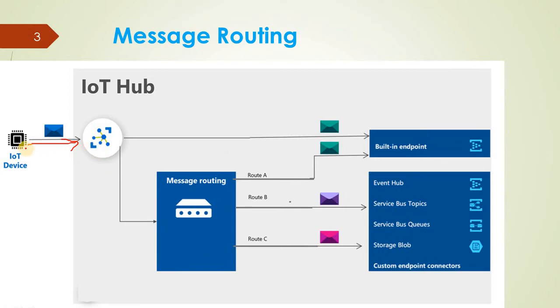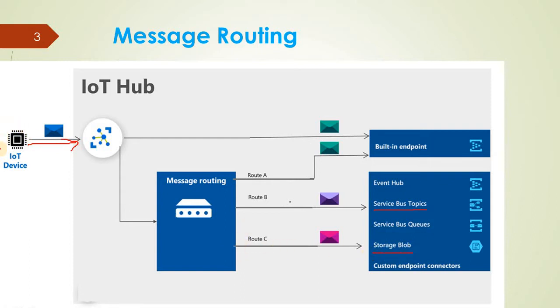Suppose the device is sending different types of messages. Suppose the device sends one type of message, that is a telemetry message. We have some filter condition that will point to this Service Bus Topic. Okay. The device can send another type of message. Suppose that is an alert type of message that requires immediate attention from the user. So that can route to a different endpoint, that is, routing to the Azure Blob.